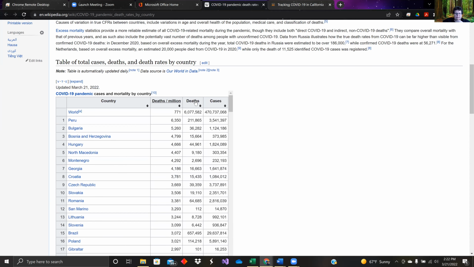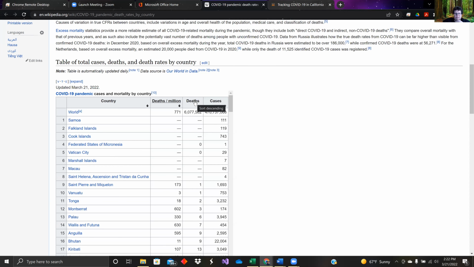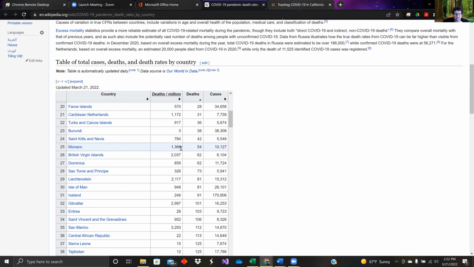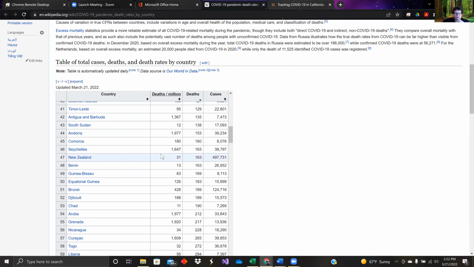If we look for one that has a low number of deaths, there's one in here I really liked: New Zealand, because New Zealand and the Australia region have a low population compared to other places. So this was California's. Let me make a note of that. California was 1.03%.